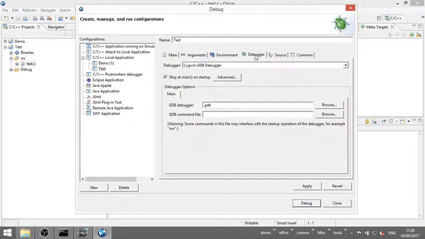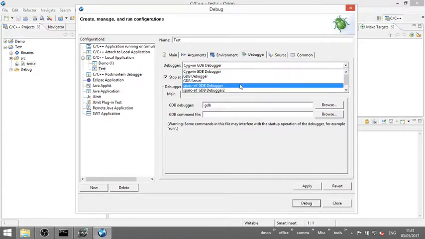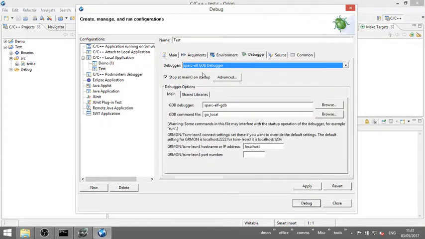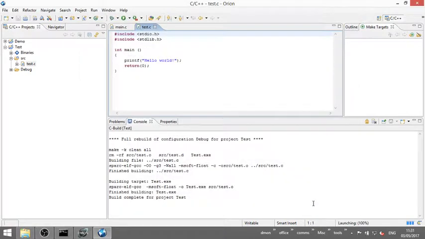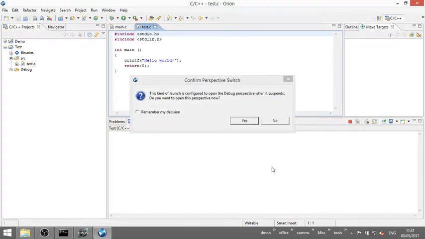Then we need to set up the debugger, and the debugger we want to use, if we get it from the drop-down list, is the Spark Elf GDB debugger. So we select that. We can see some parameters here, all of which are correct. The host IP address for the GDB listener is localhost, and we need to enter the port number 1234. So if we apply that and then we select debug,